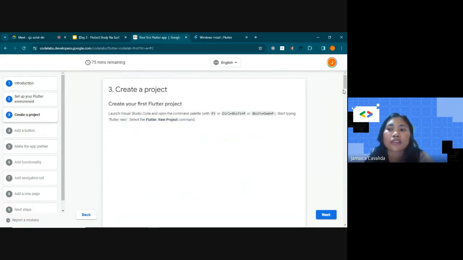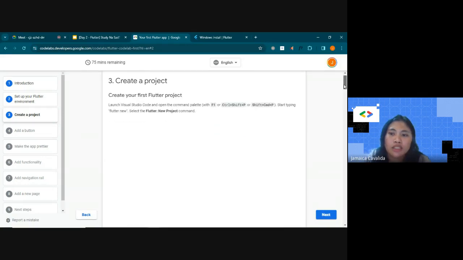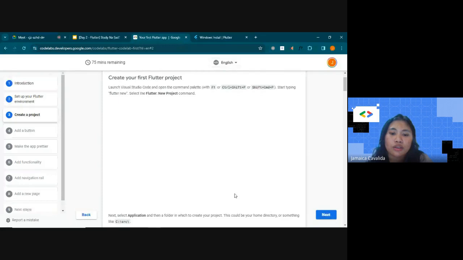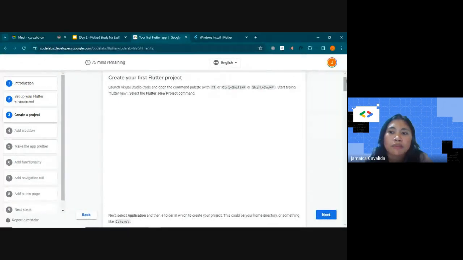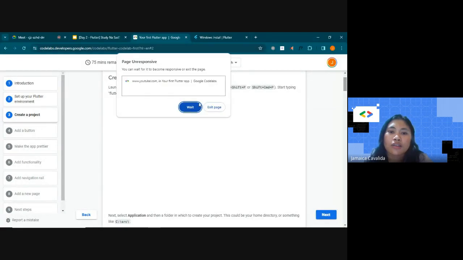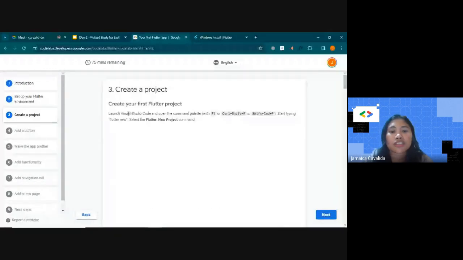so sa pag-create sa project, loading ang image. So, example, launch Visual Studio Code. So, dapat basahon lang ninyo siya tarong kay para di maskipan ang kini nga code labs kay para good sa inyong apps later. So, launch the Visual Studio Code and open the command palette. Like, click na niyo ang